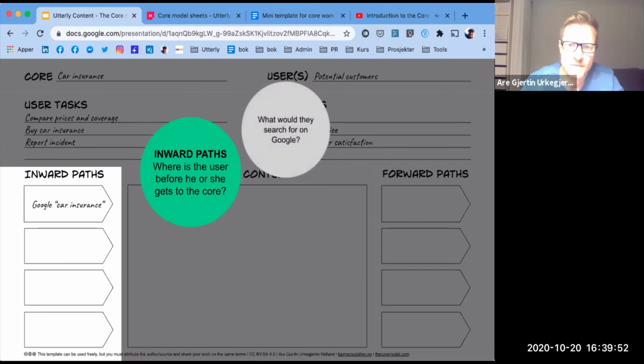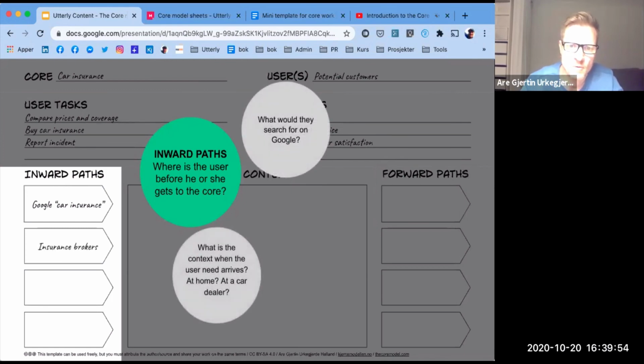So ask yourself, what would I search on Google? But if you also look into the context, the scenario for the user, then you will also see other kind of inward paths. So if you sit at home in your couch,